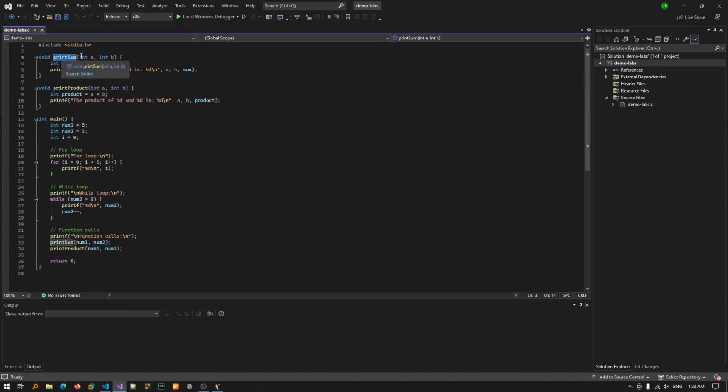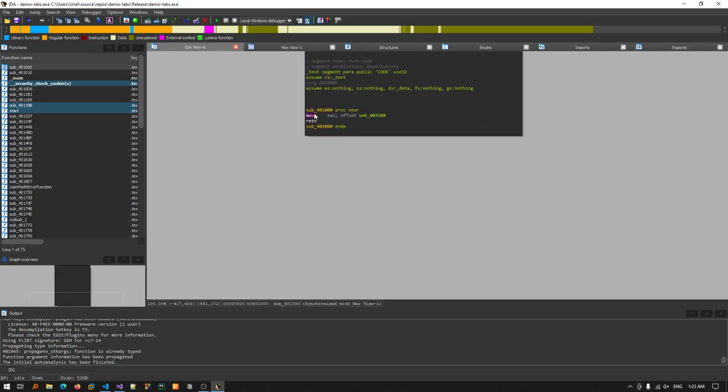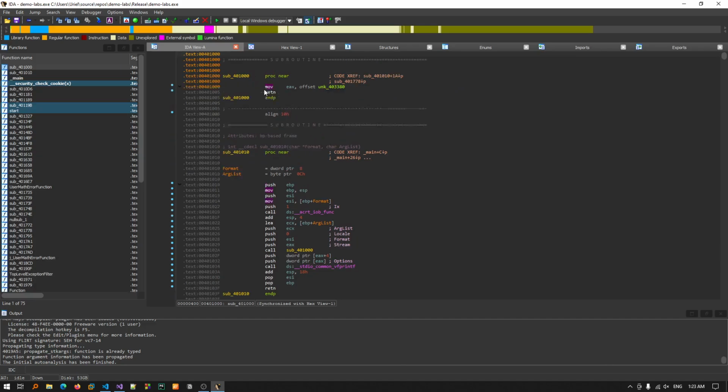It really depends if you have the PDB file or the debugging symbols, so IDA can recognize the original name, but without the PDB, it cannot really do it. So it will recognize it as a function and will put it in context as a subroutine. So sub is subroutine, which is another name for a function, and then it will put an underscore and the starting address of the function. So if we double click on it, we can see sub and 401000, which is the starting address of the function itself, which we can also see is under the text